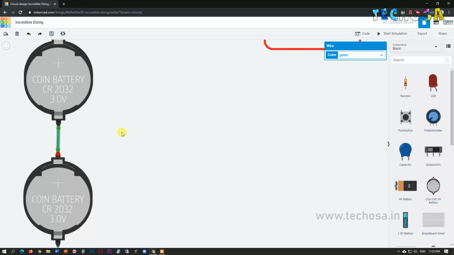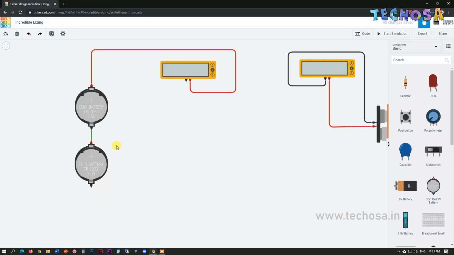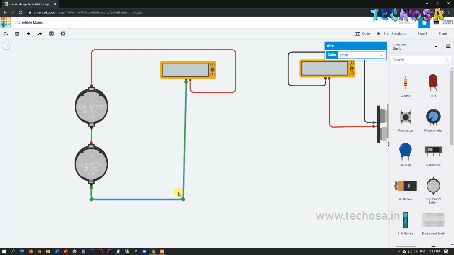Now connect the negative terminal of the second coin battery to the negative terminal of the multimeter. Note down that we connected the coin batteries together in the way that the first coin battery's negative goes to the positive of the second coin battery.